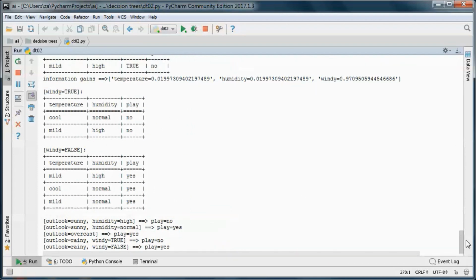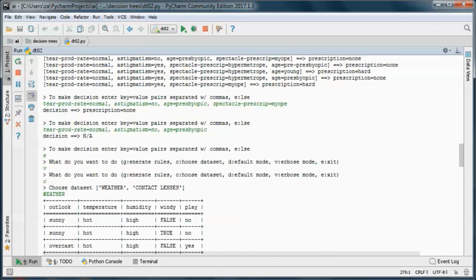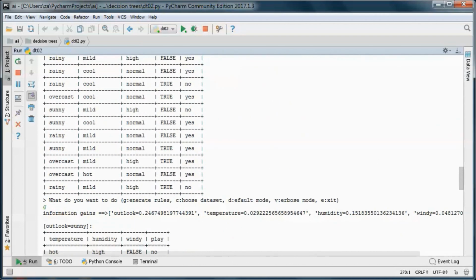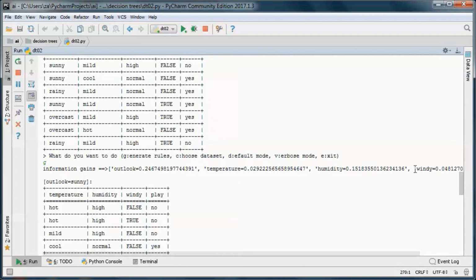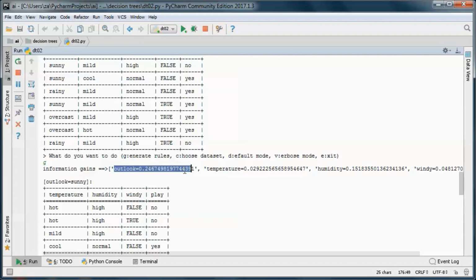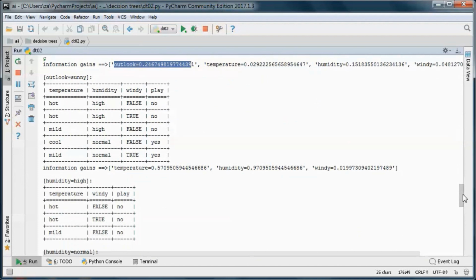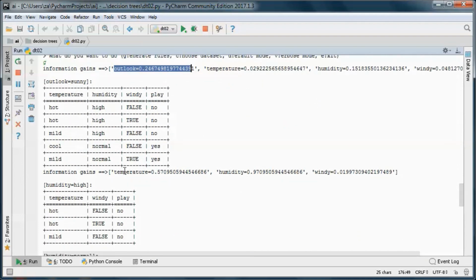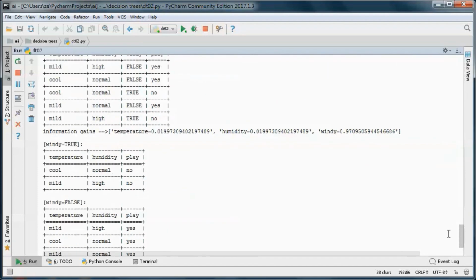So we go through all the calculations. So for the original dataset, we find that Outlook has the highest information gains, and we split on that, etc. And then here for Outlook is sunny, we find that humidity has the highest information gains, and we split on that, etc.